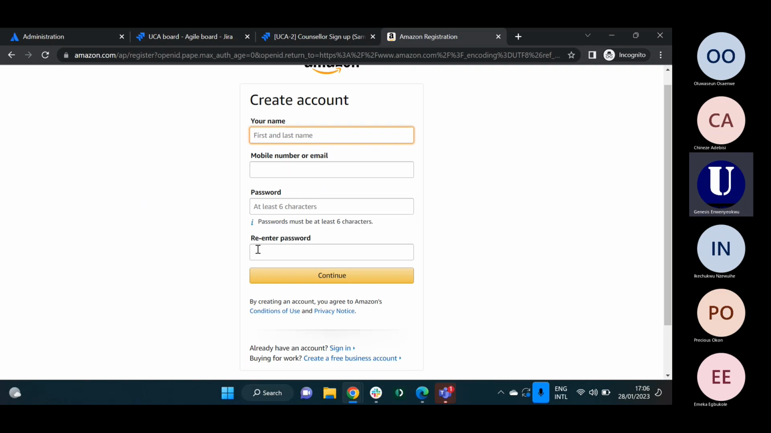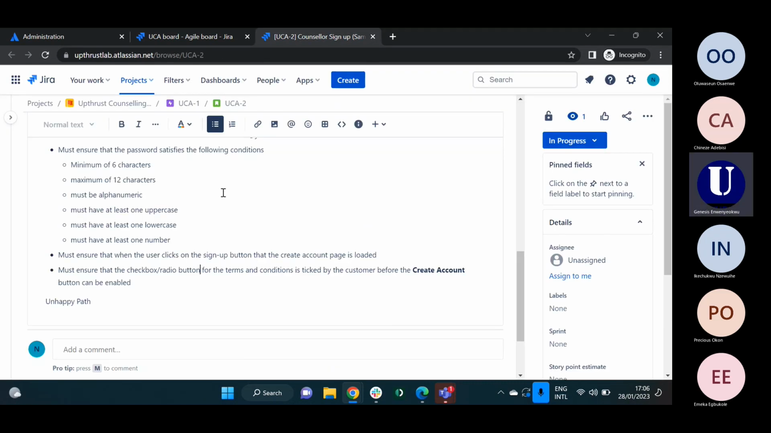Now you see that 6 characters. They're telling you here that the password must have at least 6 characters, right? So it means that the new way technology goes now is that instead of telling customers to tick a checkbox, they just inform them that once you click on this continue, you have automatically accepted terms and conditions. So you can also frame your own acceptance criteria that way. If I'm to represent what we've seen on LinkedIn, Facebook, and Amazon in acceptance criteria, I will say we must ensure that we